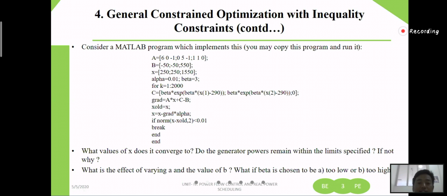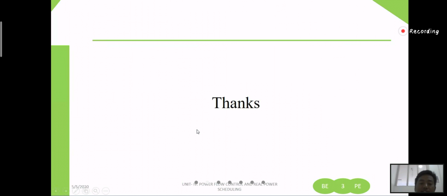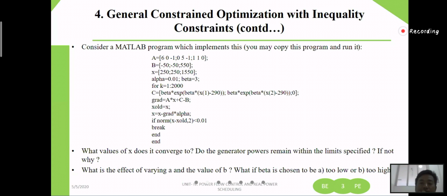If not, then you try to change that x, and see what the effect of varying the values of a and b is. Keep on changing this value and see what happens if beta is chosen to be small, like 0.1, and then high, like 1000, and what answer you are getting. Please try to see that. This is how we can carry out the